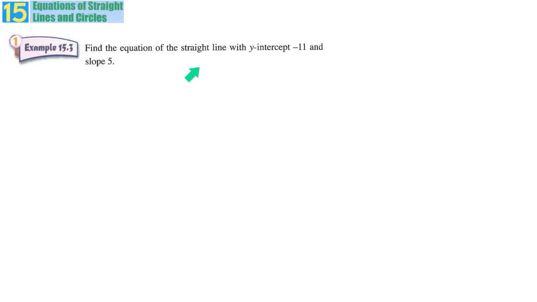As a warm-up, there is another equation of a straight line example. They tell you to find an equation of a straight line with this y-intercept and also the corresponding slope. So if we roughly draw the situation, the y-intercept means it crosses the y-axis at -11, which is below the origin. There is a line passing through this point, and we have the second criterion to lock the position: